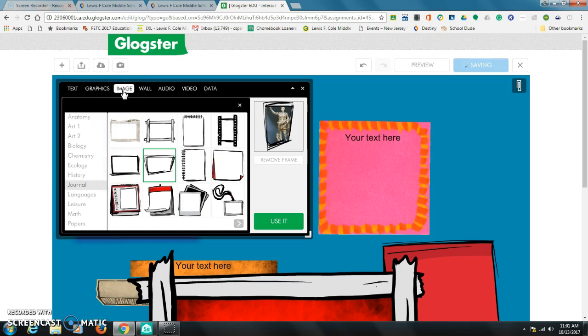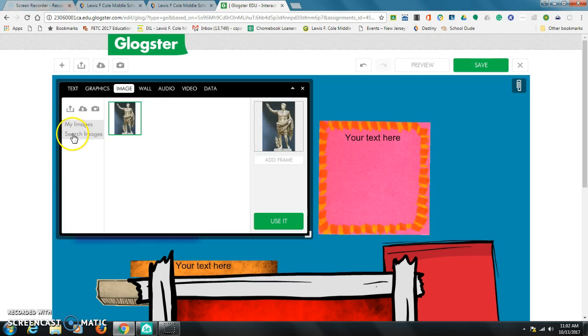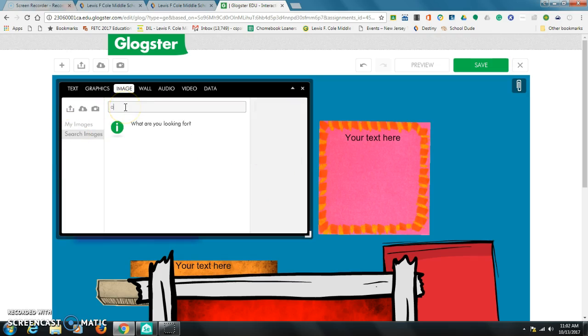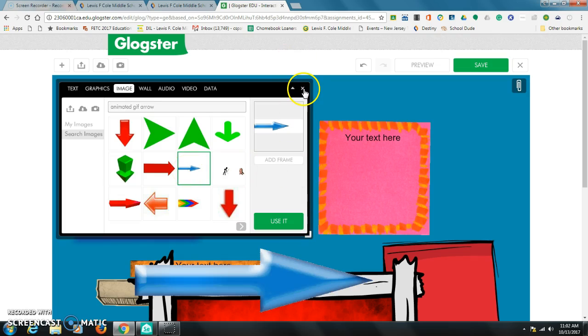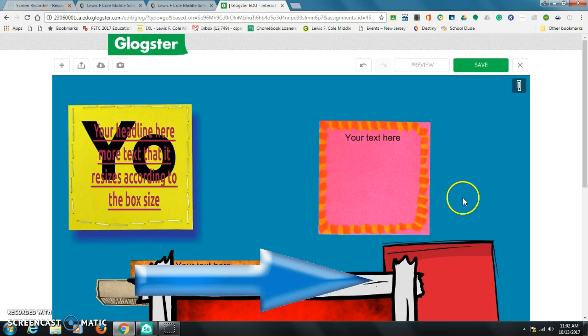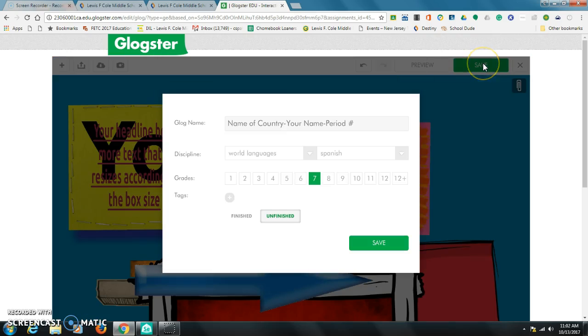Here's the next one, under image. If you want an animated image, I'm going to hit remove frame, search images, do animated GIF, and then I'm going to do arrow, and you'll get an arrow. Okay, let's pick this blue one and click use it. Now, you're not going to see the animation until you save your Glog, which you're going to save with your name of your country, your name, your period. Click save,